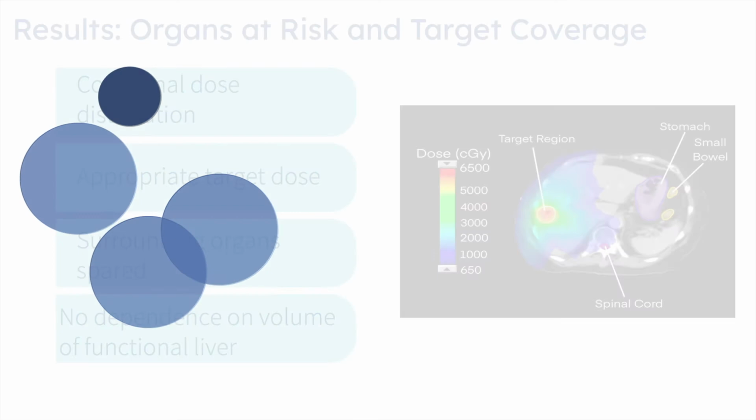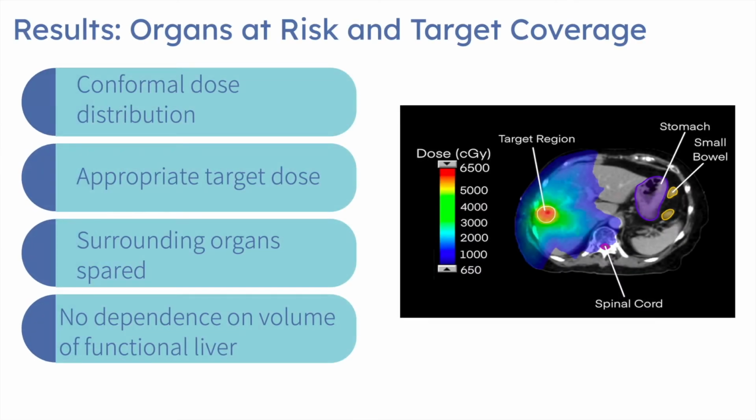What we found was that using functional treatment planning, we were able to achieve equivalent results to the standard treatment planning technique. This is quantified by confirming that the radiation dose distribution was sufficiently conformed to the shape of the tumor, and the target received the prescribed dose, and the surrounding organs were spared. These results were not dependent on the volume of the functional liver region, which indicates that regardless of how big or small a patient's functional liver region is, functional treatment planning at the very least will not compromise the